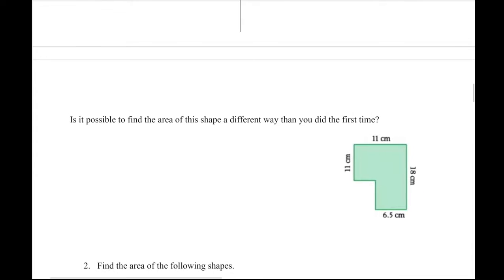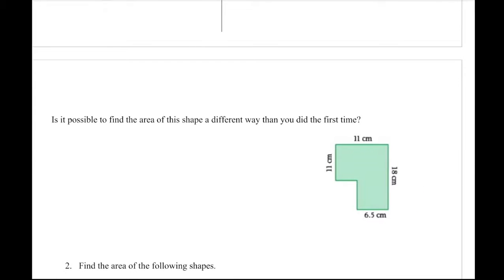For the second one, is it possible to find the area of this shape a different way than you did the first time? Yes. Again, we kind of talked about that. We divided it up this way. You could have also divided it up this way. If we divided it up this way, we have still two shapes,